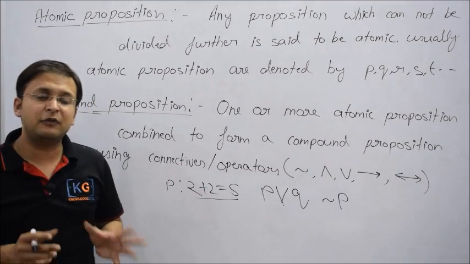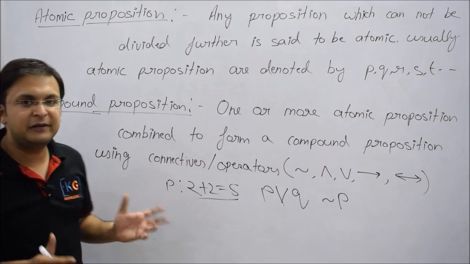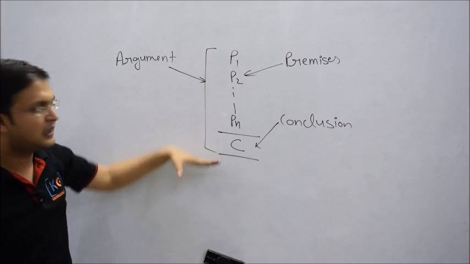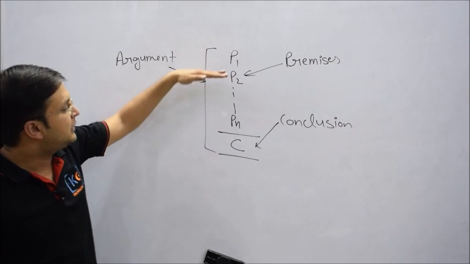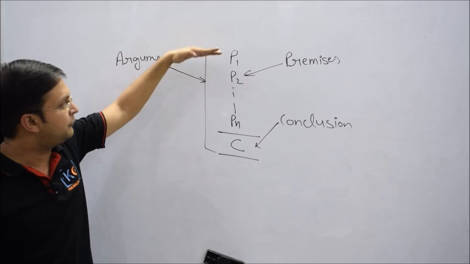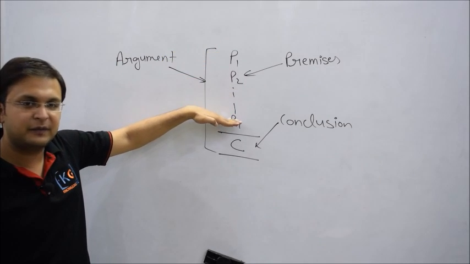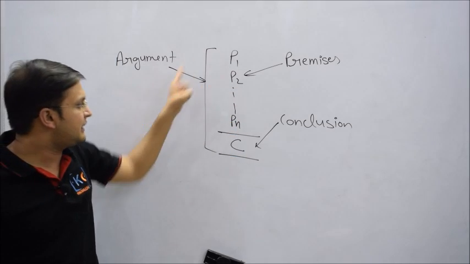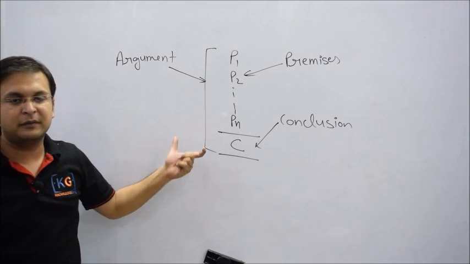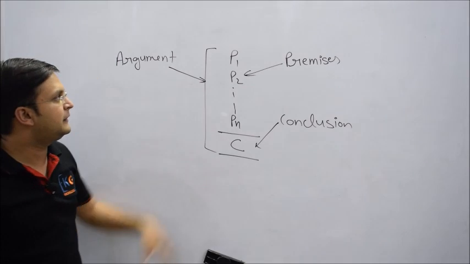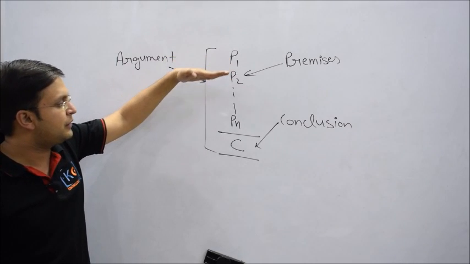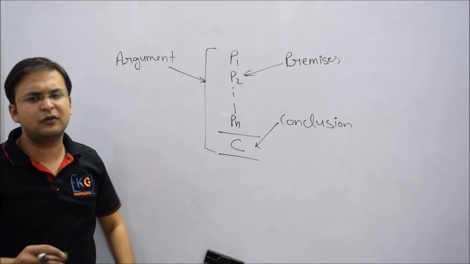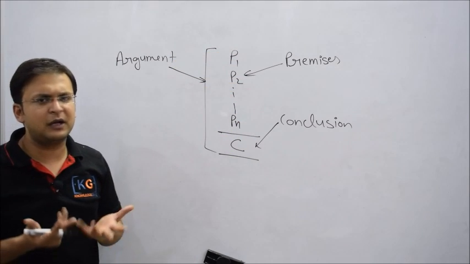Now let's understand what a mathematical argument is and how we deal with an argument. Okay friends, here is the basic method of representing an argument. Let's say you have n number of premises, 1, 2, and so on up to n statements, and using the n premises you derive a conclusion C, and this entire bundle is called an argument. Now if P1 is true, P2 is true, and up to Pn is true, these premises, which are nothing but statements, could be compound propositions or atomic propositions.